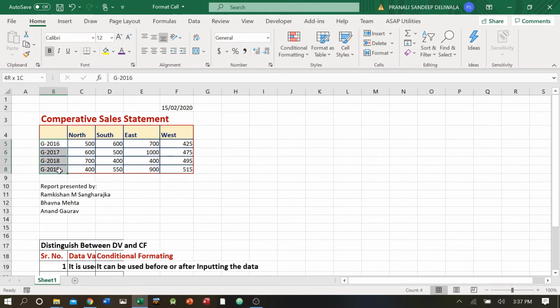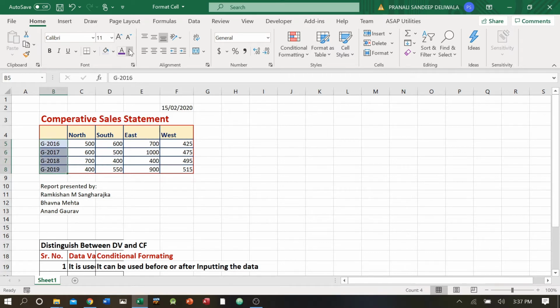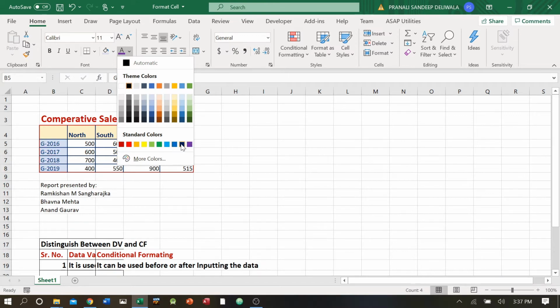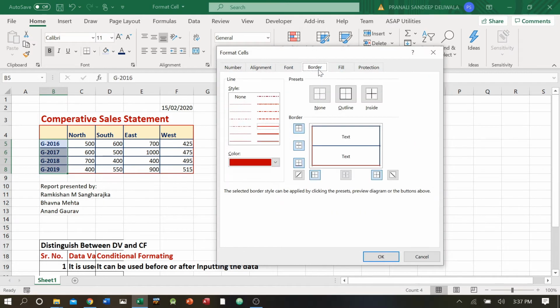Similarly, I'll go here, I'll select this much, I'll go inside. I can do it from here also. I'll take light blue color. The font color has to be darker. I'll say again dark blue. I'll make it bold. You can do it from outside also. So this is all about the format font and format border and format fill. There are other things available. We'll see step by step how we can do that.